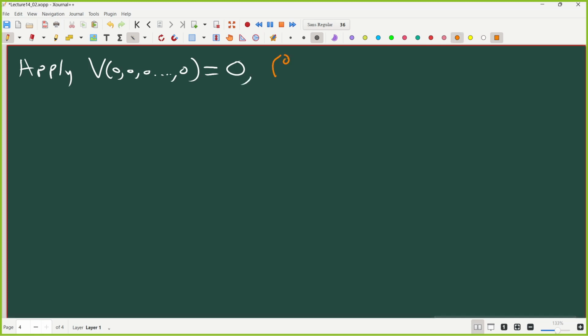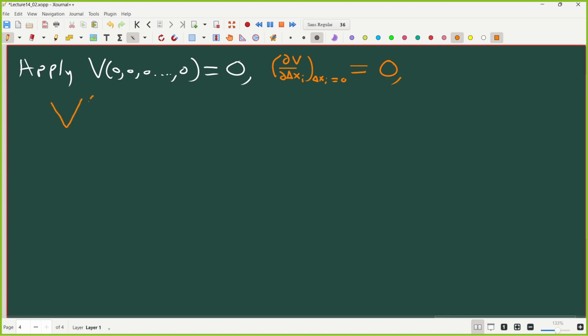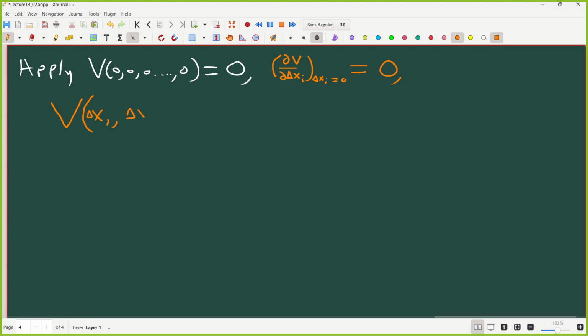And we know that the derivatives of the potential with respect to each of the displacements, evaluated where the displacement is 0, which means it hasn't moved, are 0, okay, which gets rid of the linear term. We're left with that the potential of our 3n dimensional function, V of delta x sub 1, delta x sub 2, all the way up to delta x sub 3n, is equal to 1/2